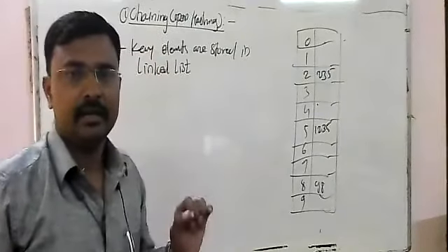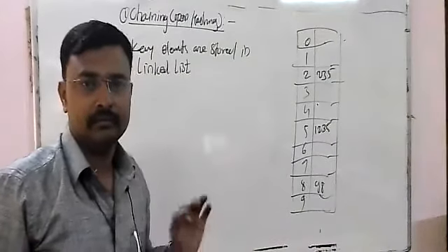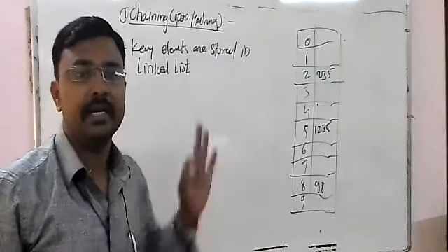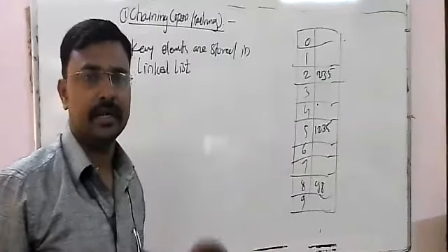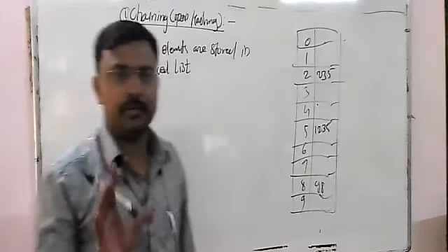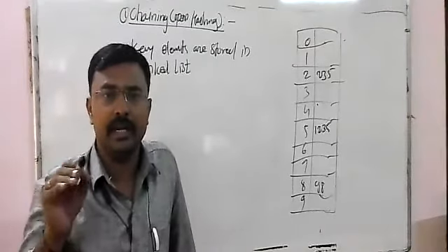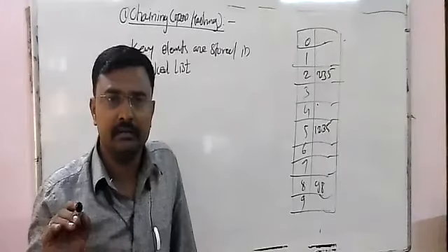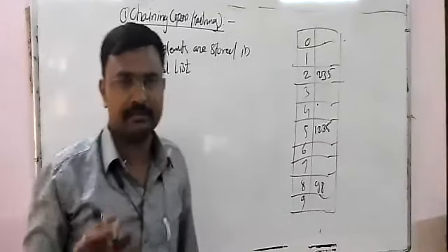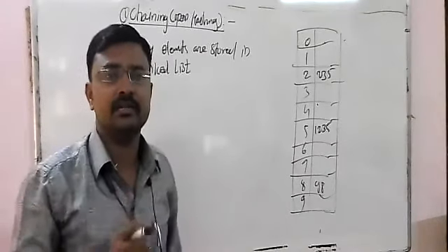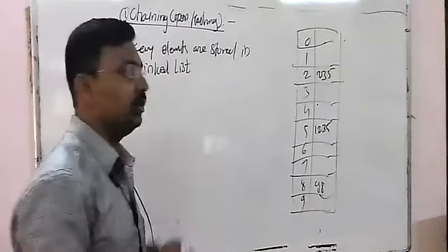Whenever the elements are stored into the hash table, your hash table maintains a linked list where all these elements are stored. All of you have seen a chain, right? There is a link between two elements. One element is linked with another element, or one chain is linked with another chain. Such as like this, your elements are stored in open hashing or chaining.